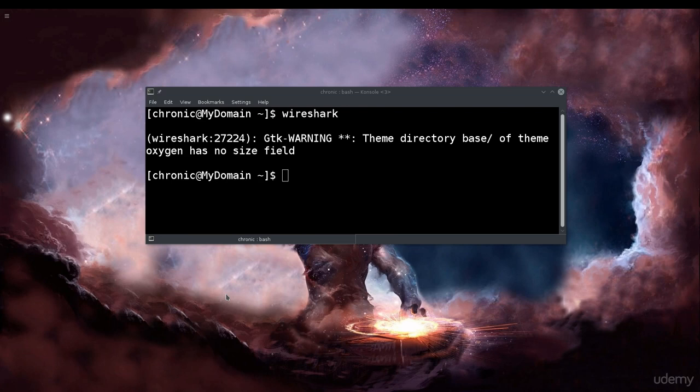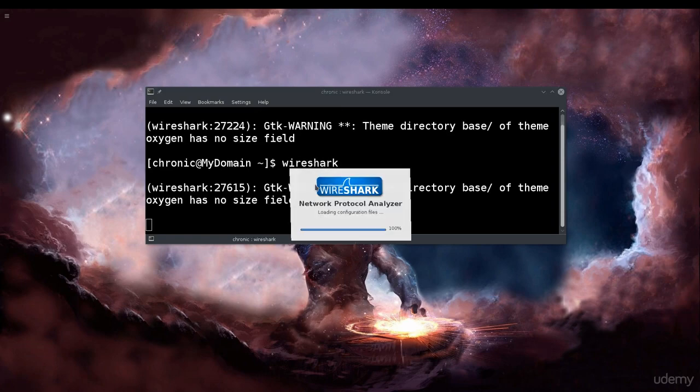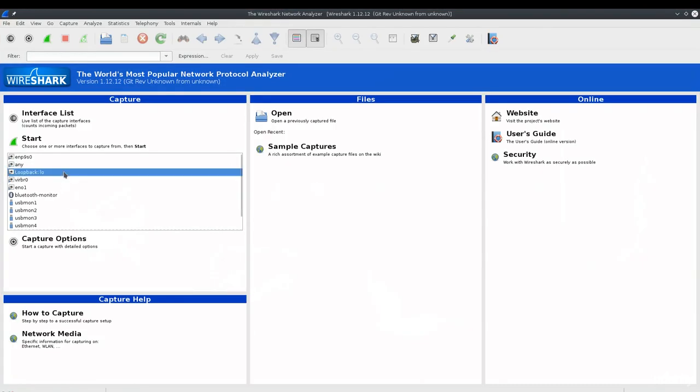Okay, so welcome back. After I've logged out and logged back in, Wireshark seems to be working just fine with a regular user. So Wireshark starts off and I get a list of all the interfaces from the left side. Now Wireshark is filled to the brim with options, but I'm going to go over some of the basic ones with you now so that you can orientate yourselves and know how to use its basic options